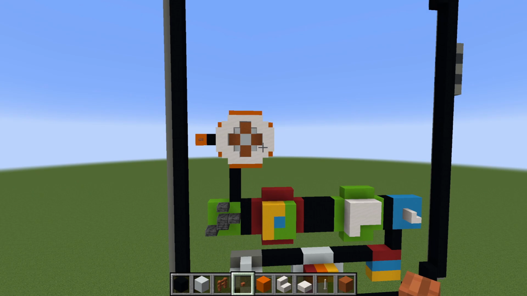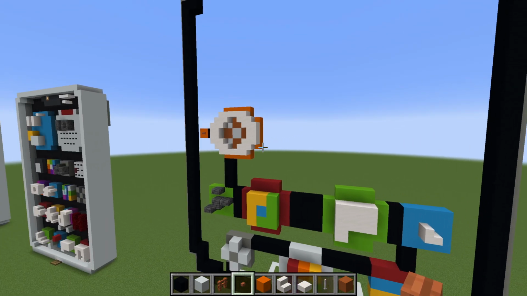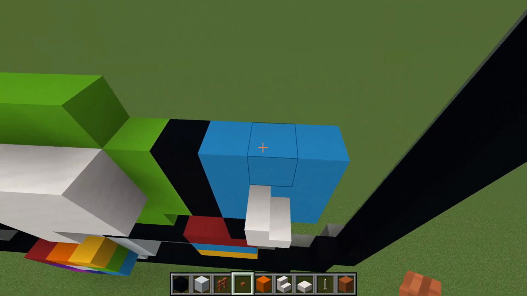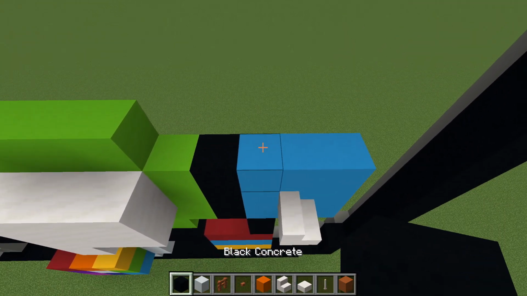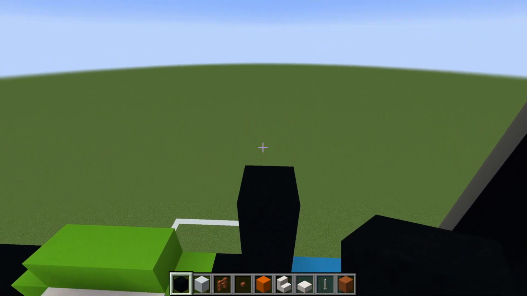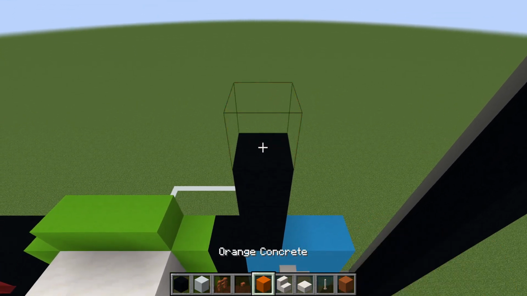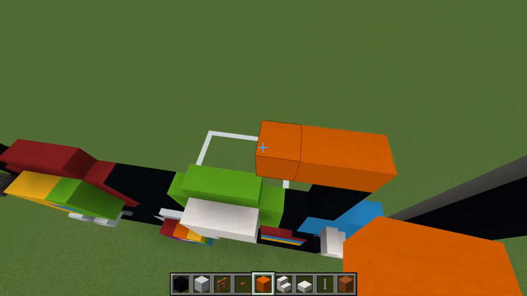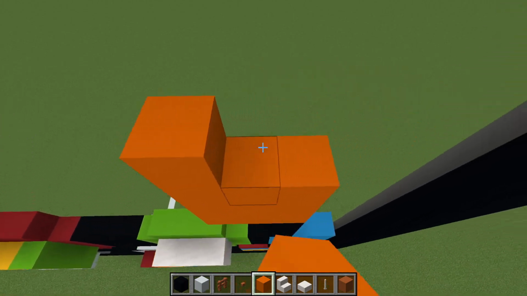Okay. Next, just for the sake of symmetry, we are going to come to the opposite side. We want to take this light blue app here. On the top left corner, place 3, 1, 2, 3 black concrete, followed by an orange concrete, extend left 2, and then add 4 rows on top of this. So 1, 2, 3,